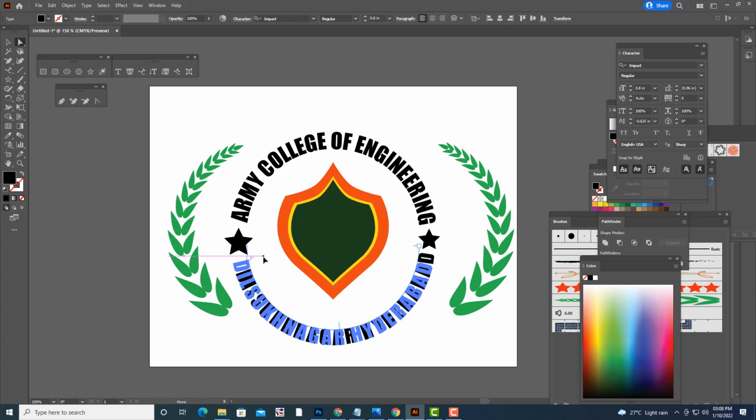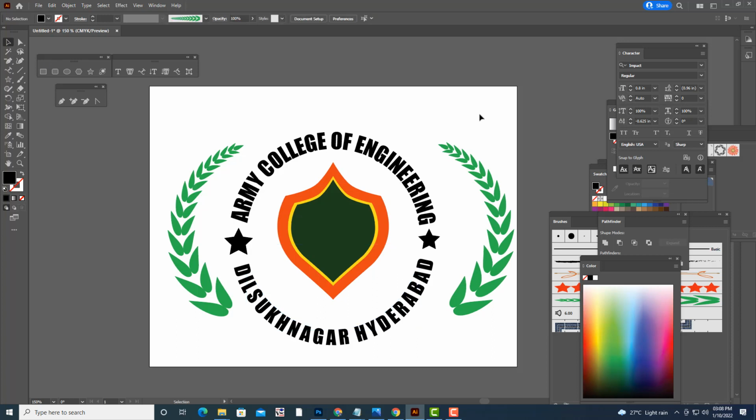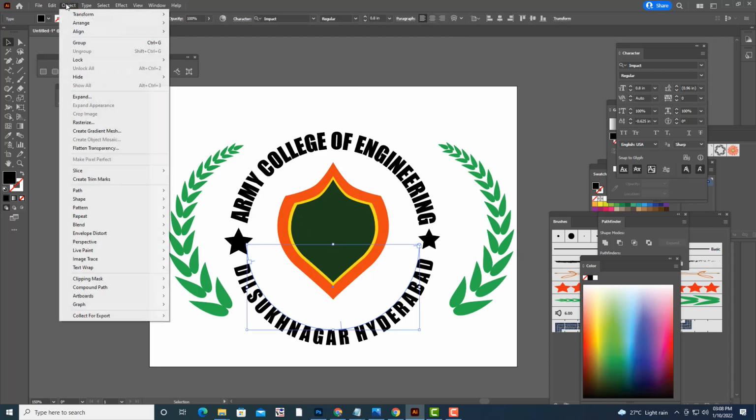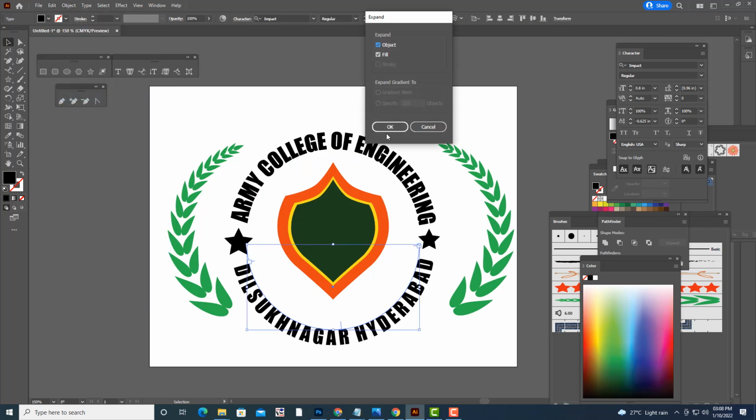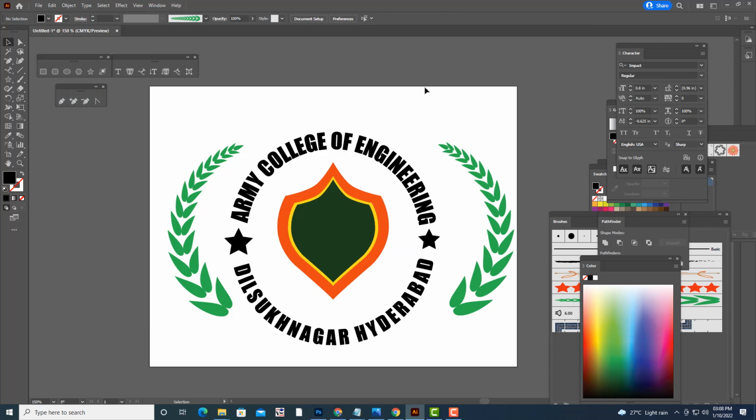Okay, so something like this. See here. And then we can expand this. Object, expand. So if you do expand, the link between both the things will go away. Understood?